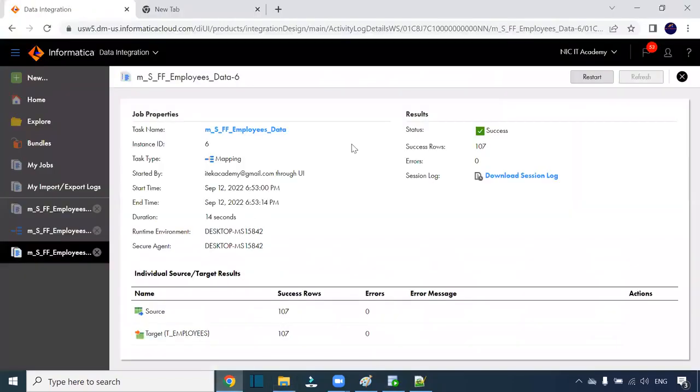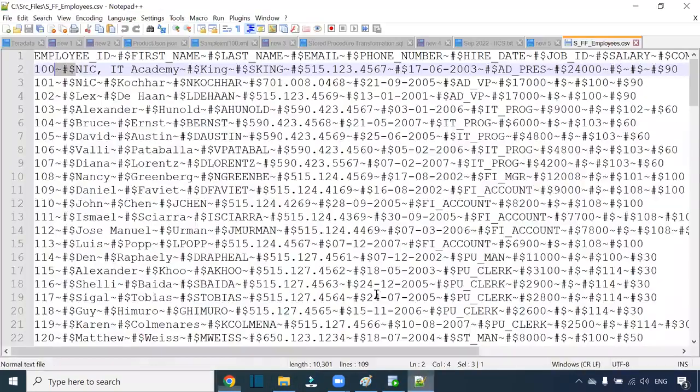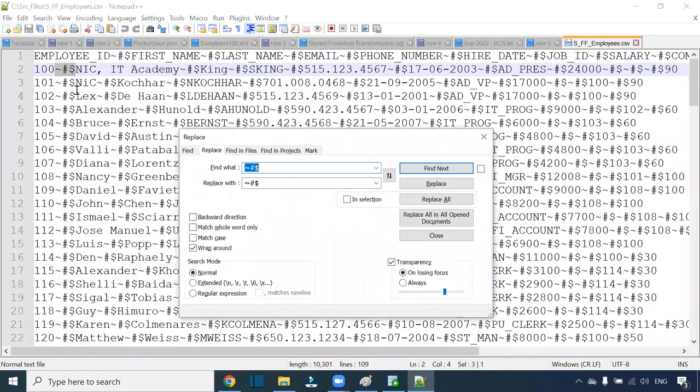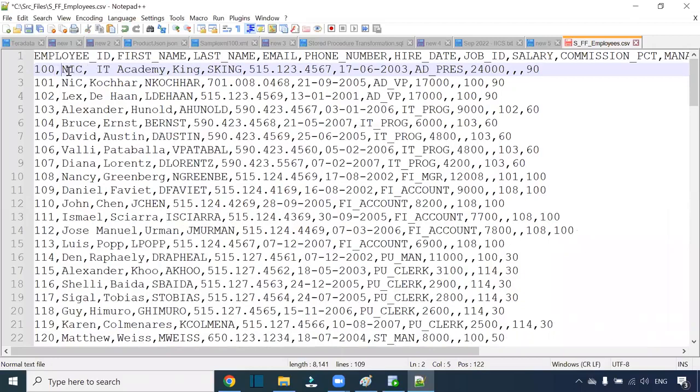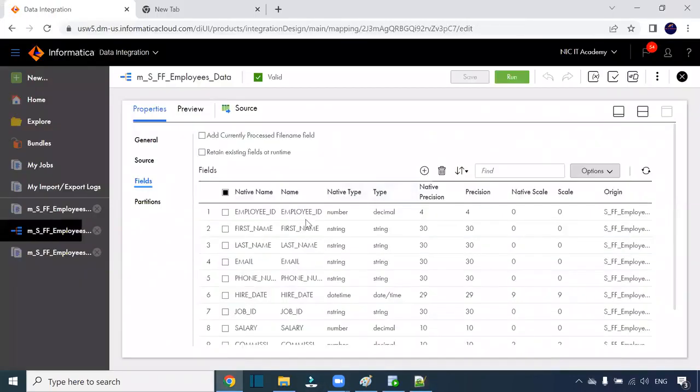So even if you have double quotes, right? Last time we haven't mentioned the double quotes. See here, I'm just making this into comma one more time. Replace all. Then here I'm putting the double quotes. So where do we have to mention the double quotes? While defining the source. See here, last time we didn't do it, right? So here, if you go to the source,